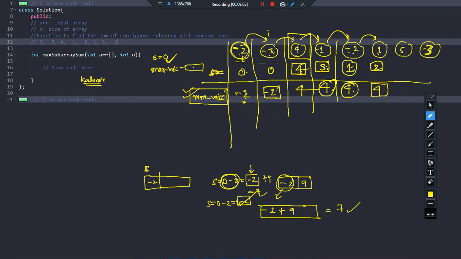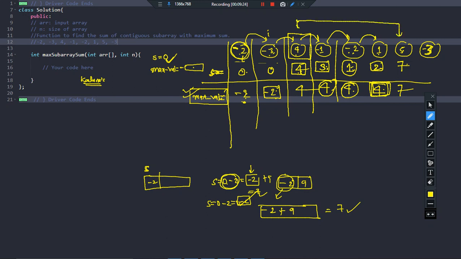So this is not a good sum because this is 2, and I can already have a maximum possible sum that is 4. Now if I take this 5 into consideration, 5 plus 2 will become 7. Now compare 4 with 7, which is the maximum value? Obviously 7 is the maximum value, which means that from here, if you pick up this element